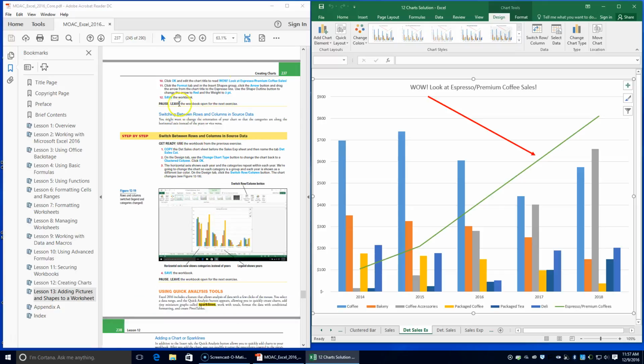Hello, welcome back. We are continuing lesson 12 on page 237, and we're about at the middle of the page here, step by step, switching between rows and columns in source data. You should have 12 chart solution open. All right, and what we're going to do here is copy the DEET sales chart sheet before the sales expense sheet and then name the tab